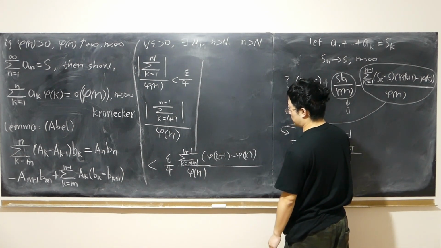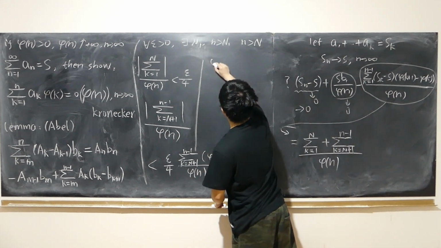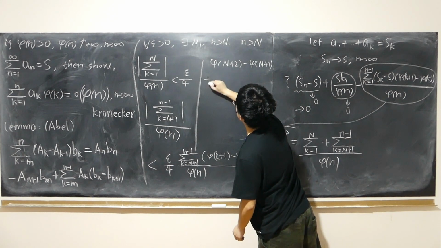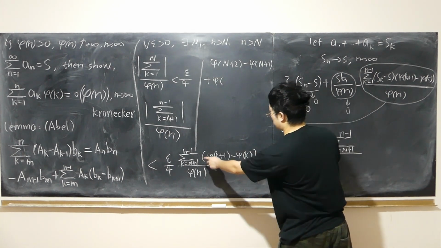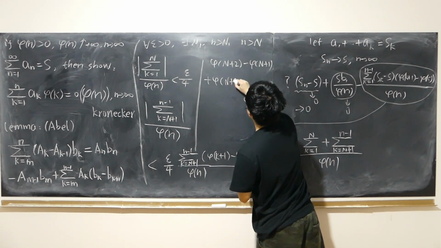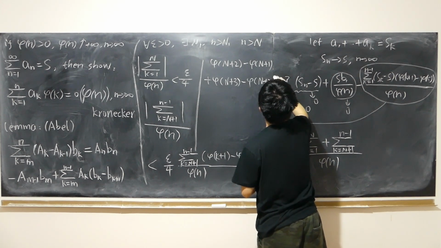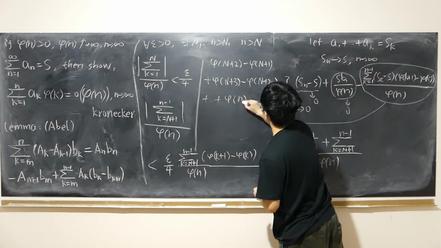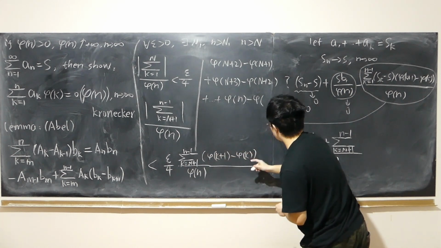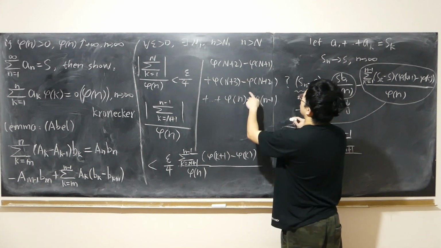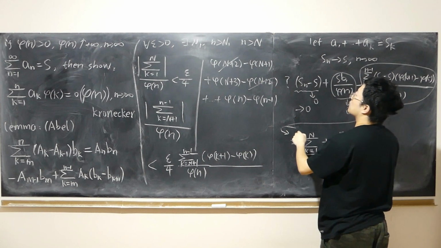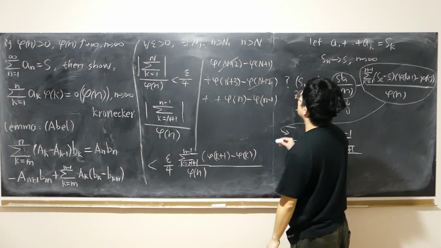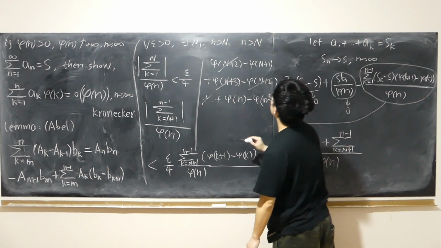So that is equal to the first term, phi of N plus 2 minus phi of capital N plus 1, plus phi of N plus 3 minus phi of N plus 2, all the way to phi of n minus phi of n minus 1. Right, same pattern. The first term of the previous pair cancelled with the last term of the next pair. So this will cancel out with some term afterwards. This term stays, and